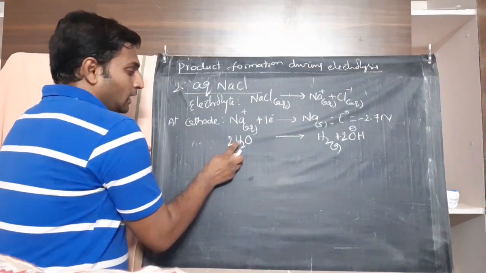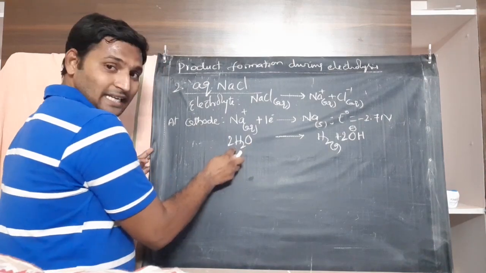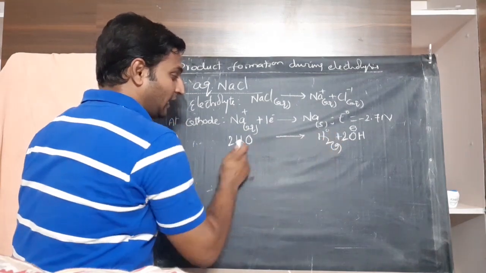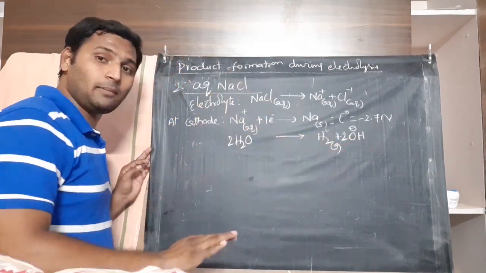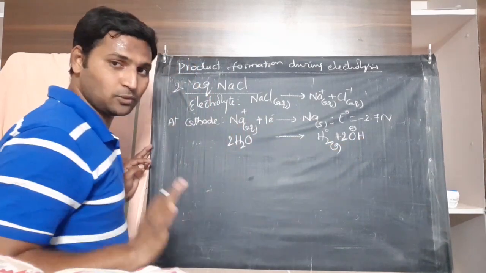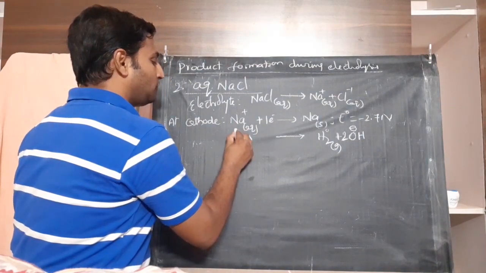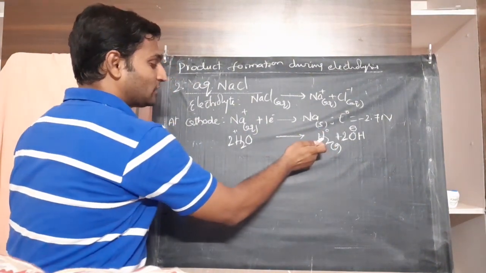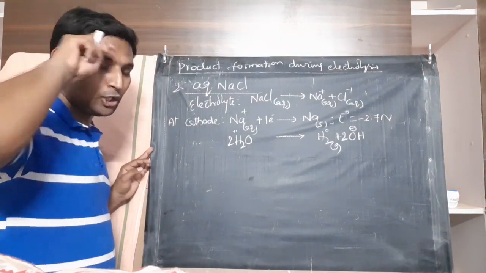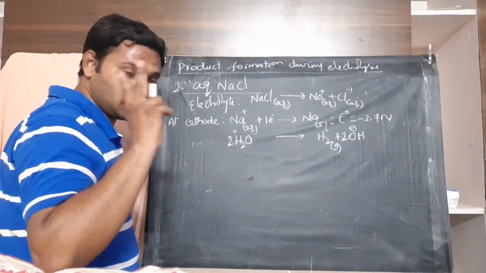Observe. Out of 4 hydrogens with plus 1 oxidation state here in 2 moles of water, only 2 have become 0. The remaining 2 in OH minus are still plus 1 only. The oxidation state of hydrogen in hydroxyl ion is plus 1. The oxidation state of hydrogen has changed from plus 1 to 0 only in the formation of hydrogen. That means 2H plus have become H2. That means how many electrons do you need for reduction?